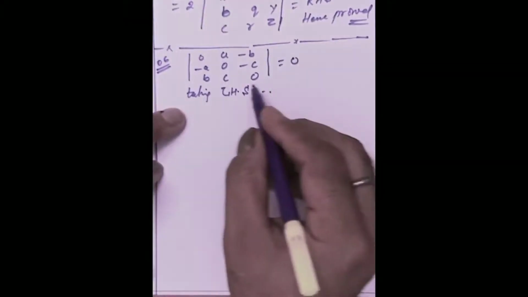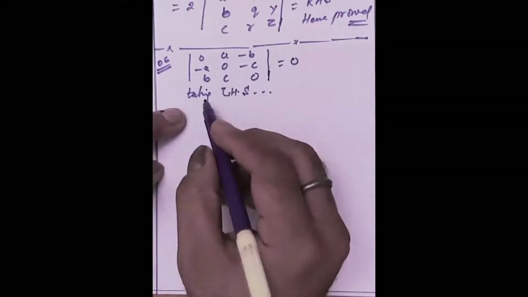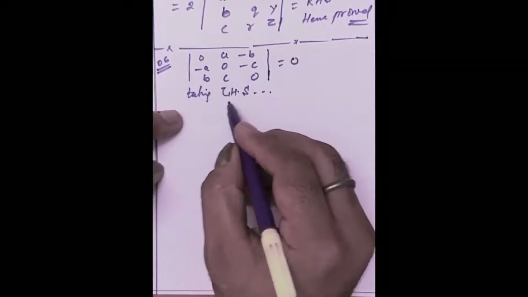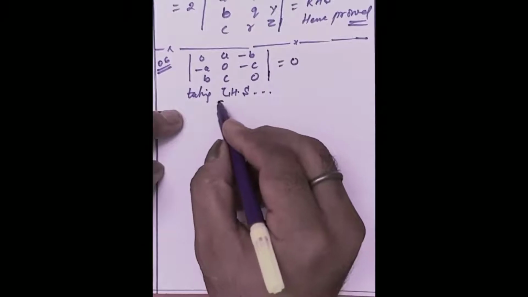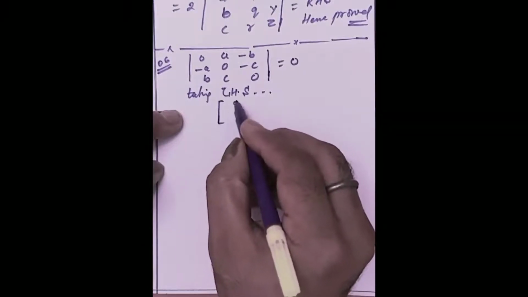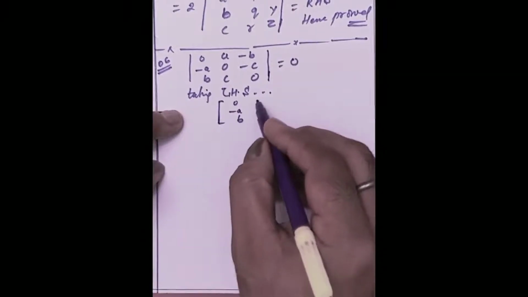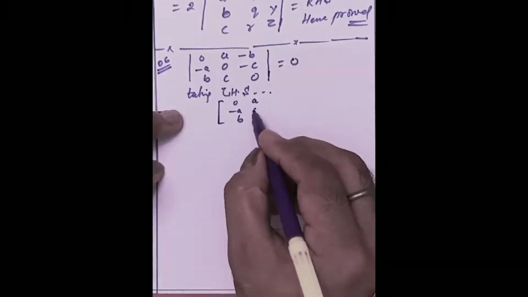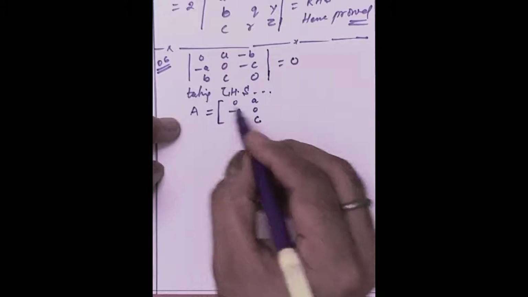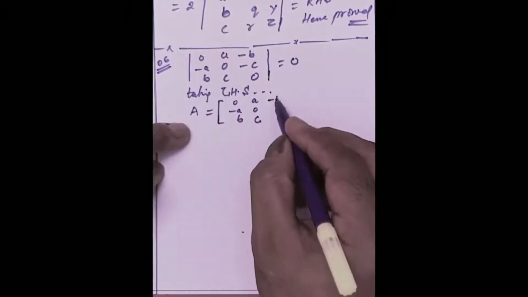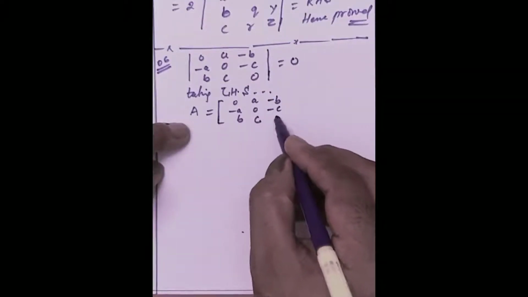So what does it mean? If we talk about this matrix, we can write this matrix as 0 minus a b, a 0 c,